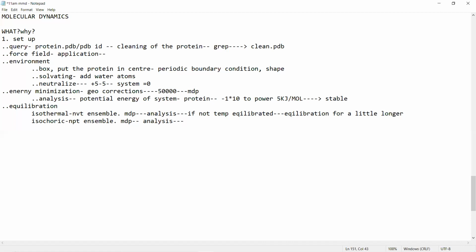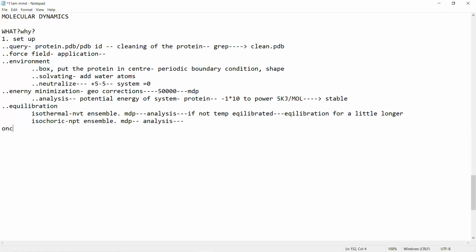Again, the same thing. Once your system is temperature-wise and pressure-wise equilibrated, we will be going for the next step, that is, actual molecular dynamics simulations.